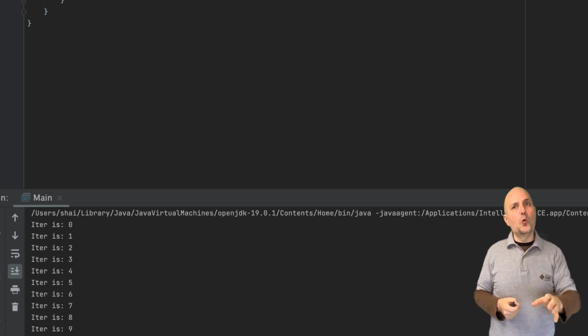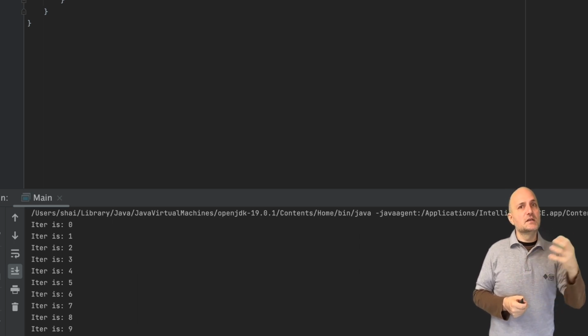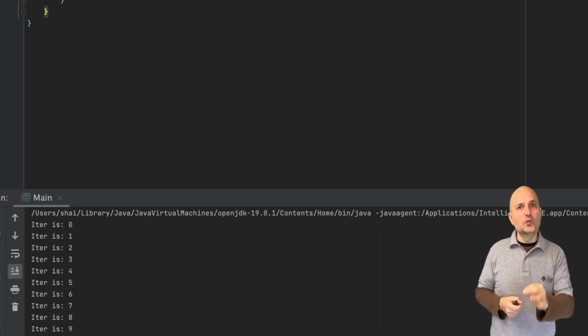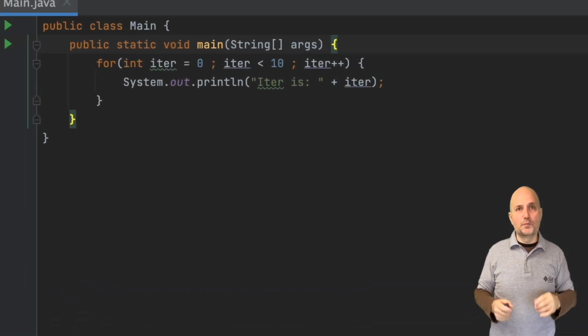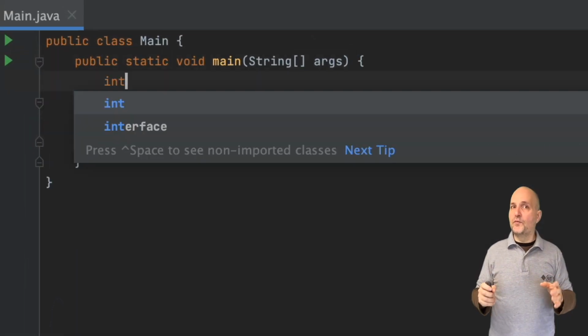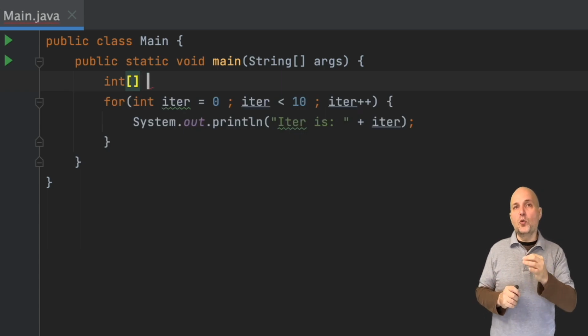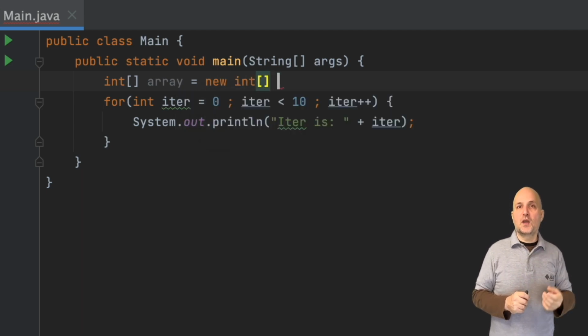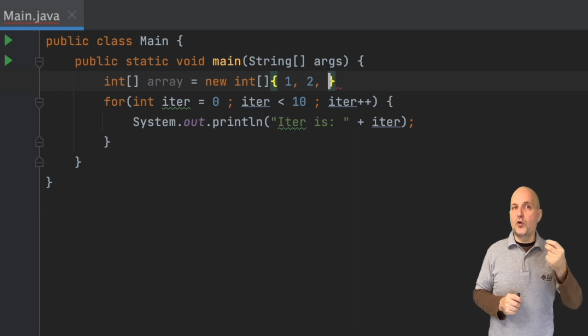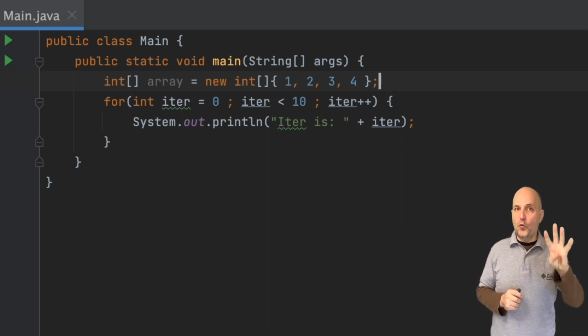Now, you may recall I mentioned there's a second form of the for loop. While it also uses the for keyword, it uses a different syntax for a different purpose. The second type of for loop is designed to go over collections or arrays. We will discuss collections later. For now, let's focus on arrays. Up until now, we only saw the args array here. This is a relatively simple way to declare an array with 4 elements.